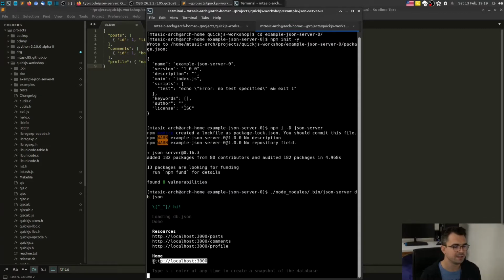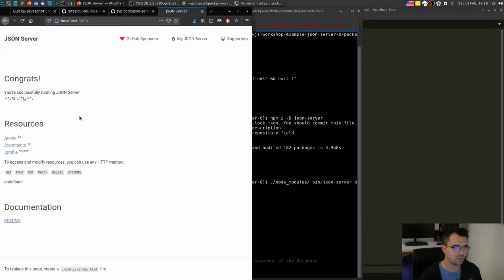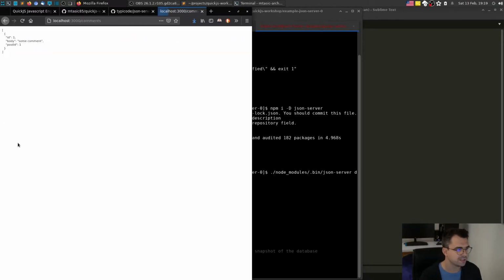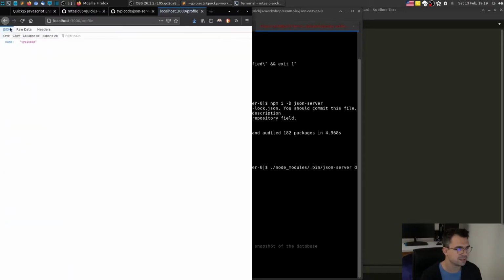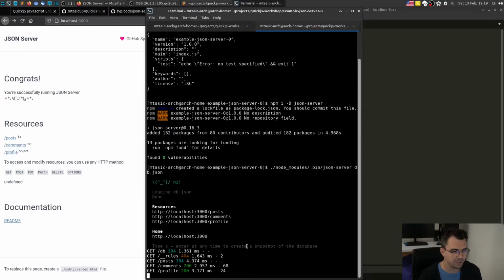All right, so let's see if we can actually open this in the browser. This is a GET request. It works, super. Let's check posts. This is also a GET request. This is a GET request. This is a GET request. So first, what we're going to do is implement the GET request, and we are going to test this with